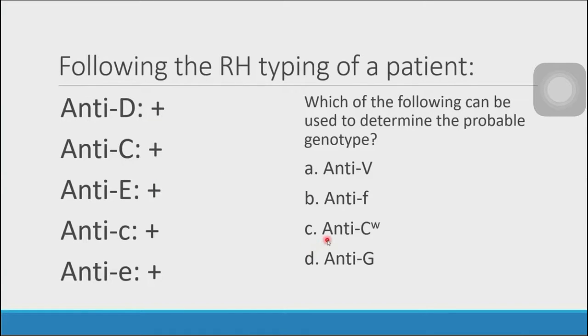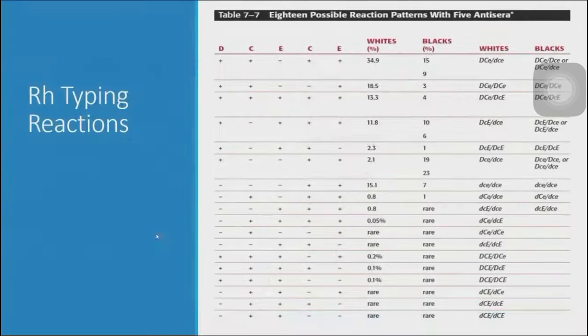Diyan na papasok yung second information na kailangan nating malaman ulit. Ano yung second information na yon? Again, you must know or must determine the most probable genotype associated with this Rh phenotyping reaction. This is a table of 18 possible reaction patterns associated with the 5 reactions of the anti-sera. If you try to observe this table, saan natin nakita yan? Lahat positive yung lahat ng antigen, our Rh antigens.